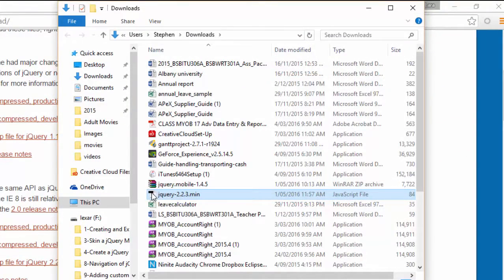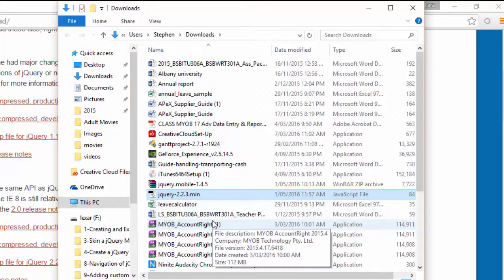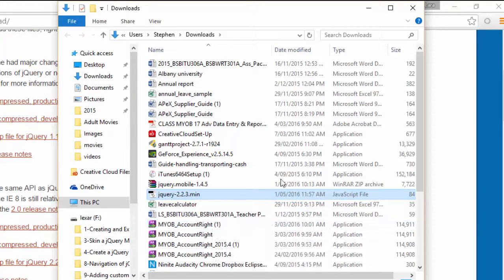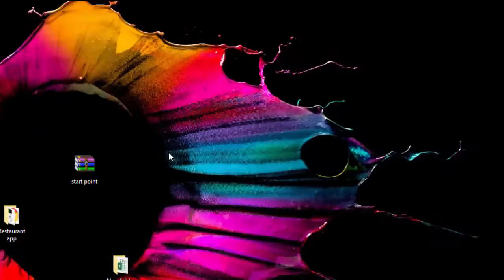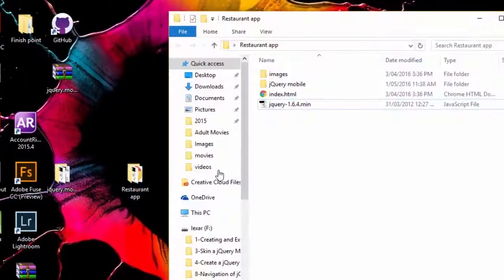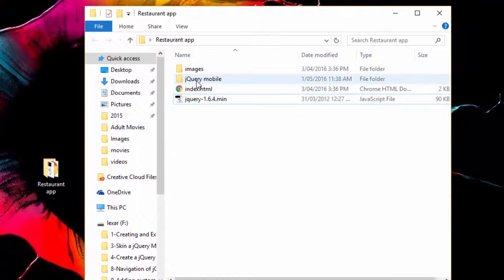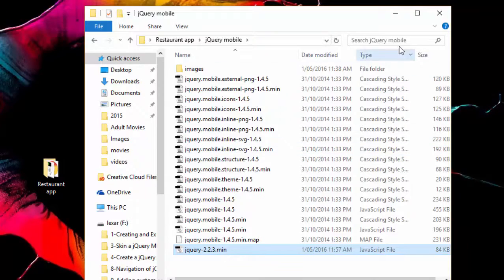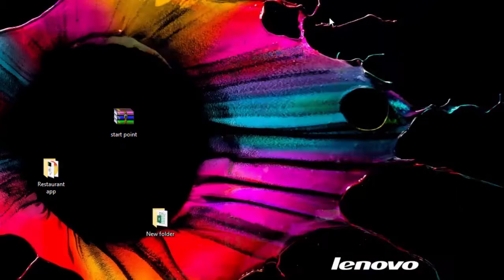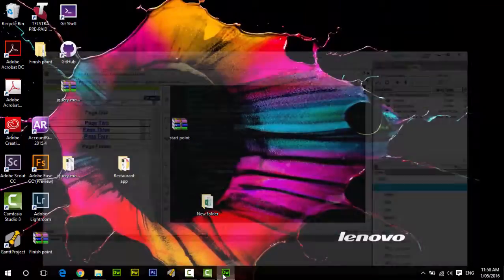And we need to just go to where we downloaded it, copy it, Control C, and go back to our project folder and go into the jQuery mobile folder and paste it in there. Go back to Dreamweaver,